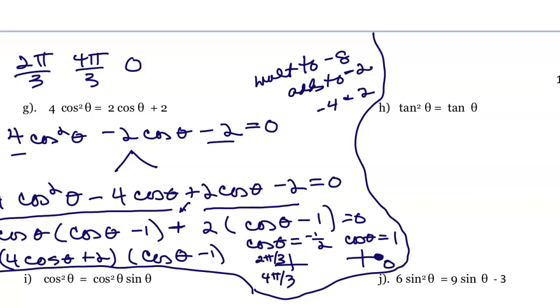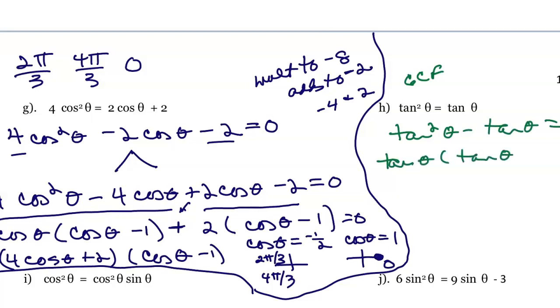This is also greatest common factor factoring, so this is greatest common factor. Bring everything over to one side, set equal to 0, factor out the tan theta, you get tan theta minus 1 for your other factor, set both factors equal to 0. If tan theta equals